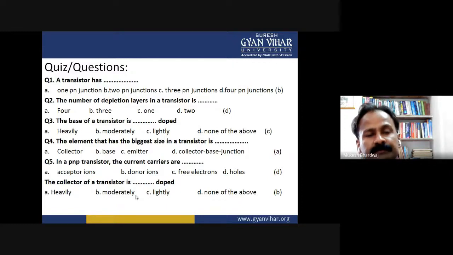Thank you. This is all for today. In the next lecture, we are going to learn the working of the transistor in detail, that is the active, cutoff, saturation, and inverted mode of working of the transistor, and what the physics is, how the transistor works, how the equations are derived, and how to deal with the questions. Thank you.